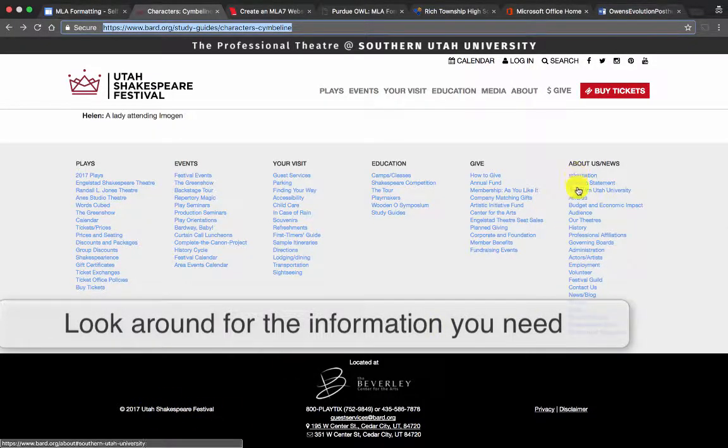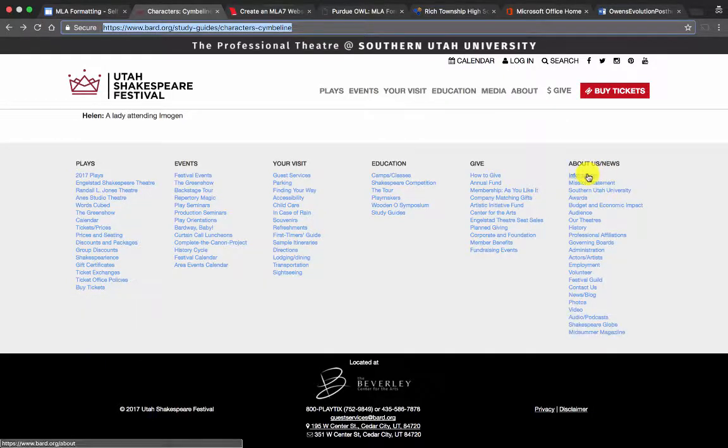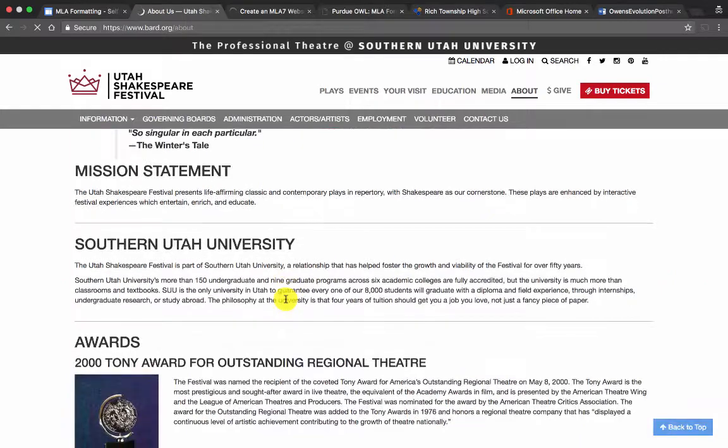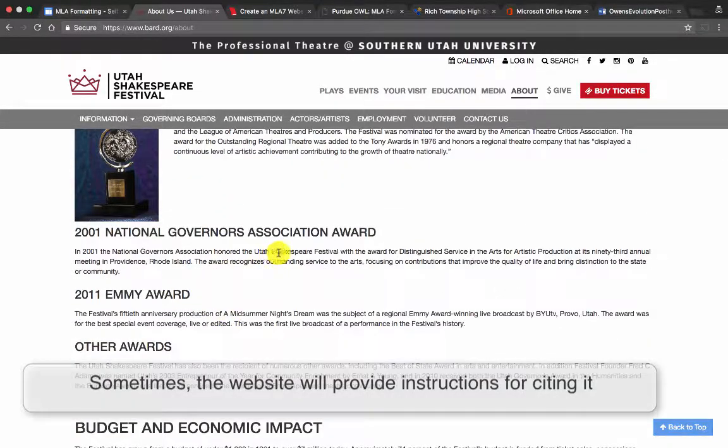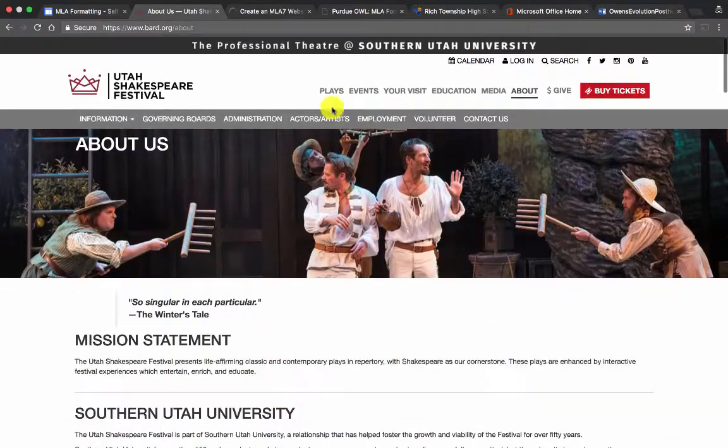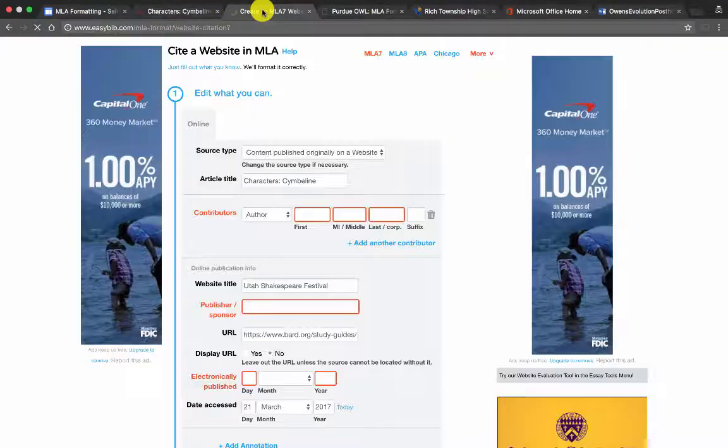So right here I found the year it was actually published, which is 2017. Check the About Us link, which is common on all websites if you're looking for author information or who the sponsor slash publisher is going to be. In this situation, the Utah Shakespeare Festival actually looks like the name of the group that has published the information. It may actually be at Southern Utah University, but it is actually some kind of program that is running out in Utah. So the publisher and sponsor is going to be Utah Shakespeare Festival,